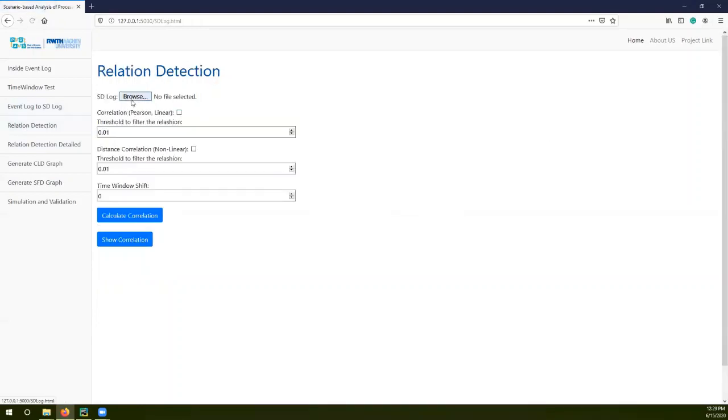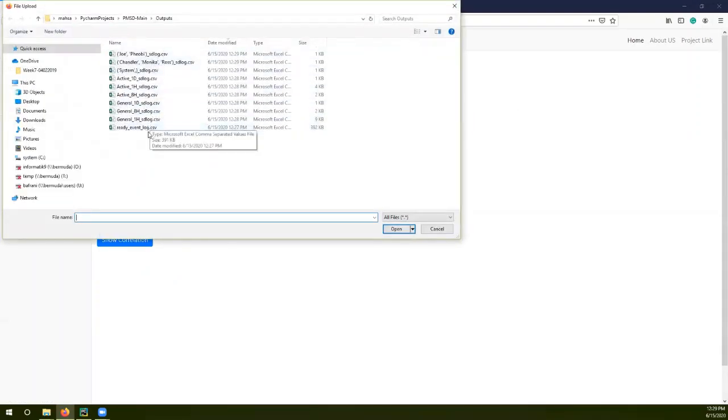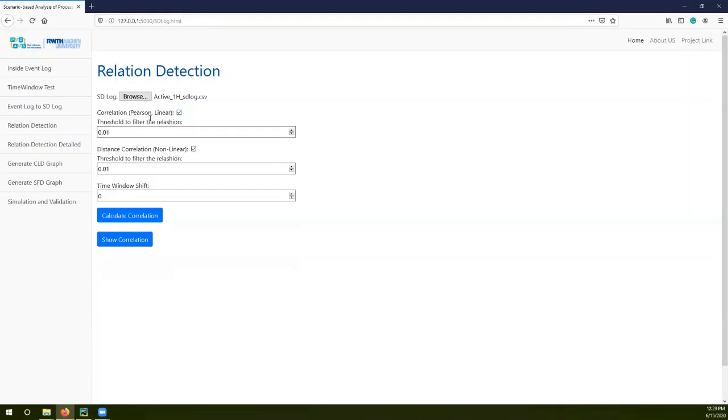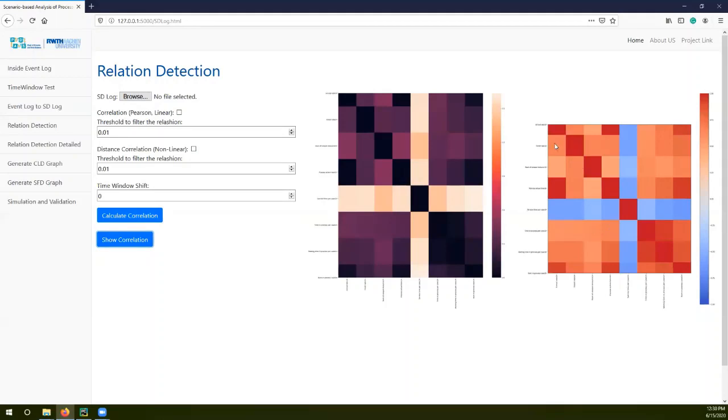Now it's time to see the relationship between these. We can use one of the discovered ST-logs, the system simulation log, for ourselves. For example, here I use this active 1 hour, and we want to see both linear and non-linear correlation. Here, if we want to see the relationship between all the variables, for instance, we have this service time. We designed the service time in the process that we use the event log so that it has a negative exponential nonlinear relationship with the number of cases in the process. You can see it is captured during 1 hour, and this is also for the nonlinear.